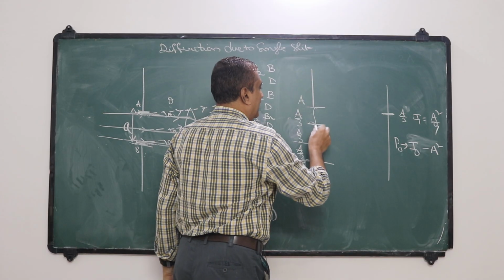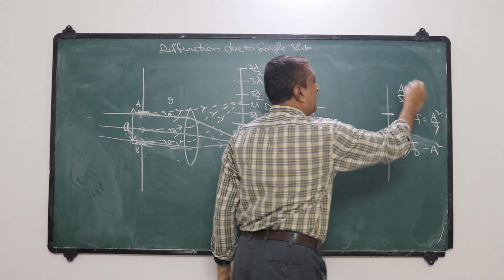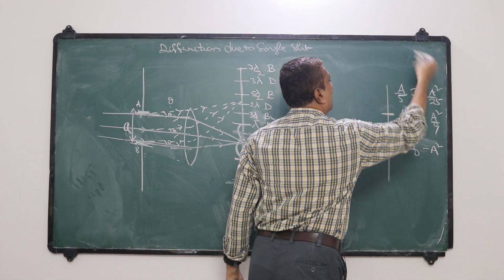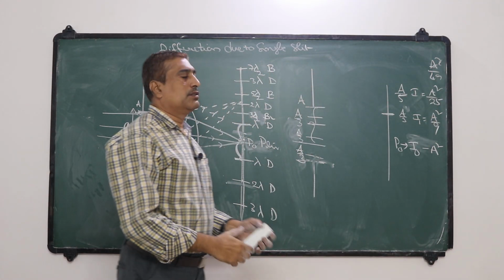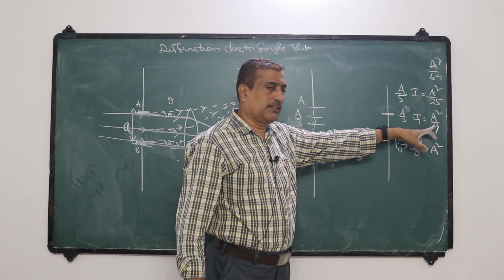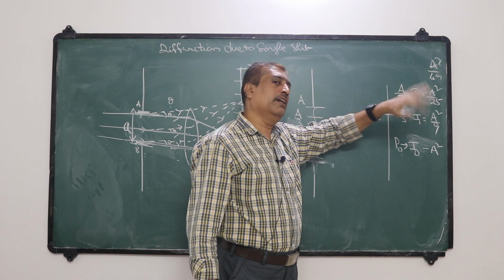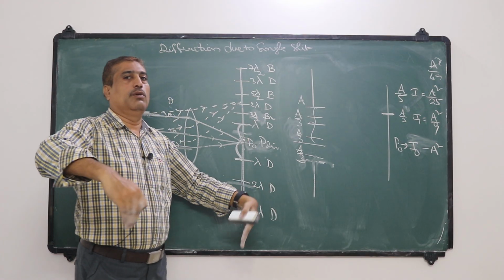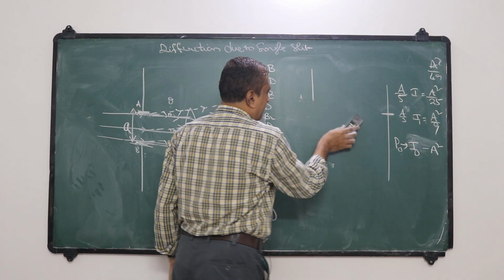Now for the second order, we divide the slit into 5 equal parts so that we get amplitude as A by 5 and the intensity as A square by 25. And next one we get A square by 49. So the central maximum has intensity A square, first order has A square by 9, decreased, and A square by 25, again decreased, A square by 49, again decreased. In that way, the intensity becomes gradually 0. So the intensity distribution of